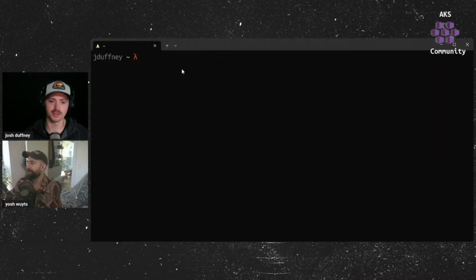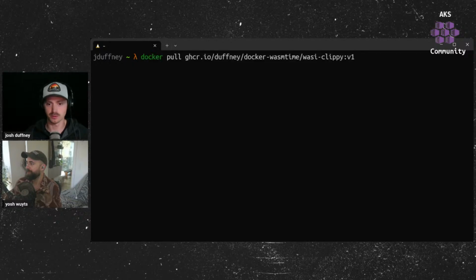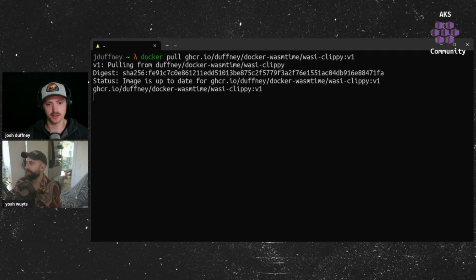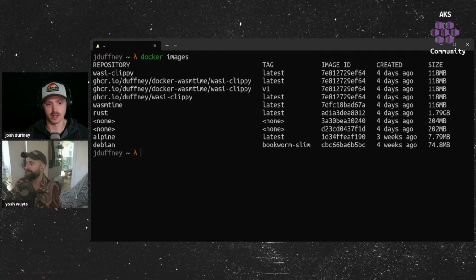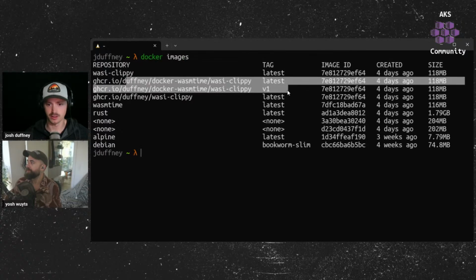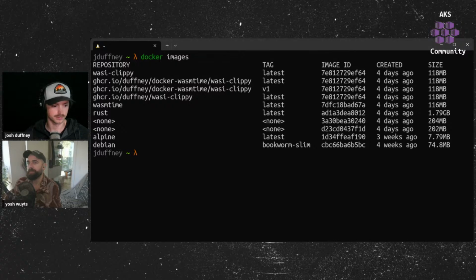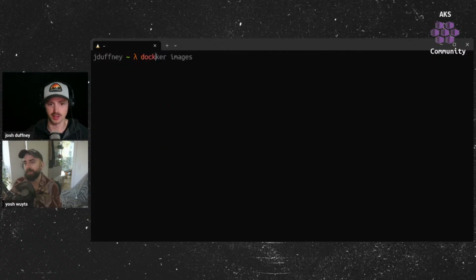Okay, so I'm on a different WSL instance now than the one that we pushed the image to Docker Hub from. So I should be able to pull it with the docker pull command. And then if you look at my images, I now have Clippy. Okay. This might not work as intended because I think WSL shares Docker across all the things. So it's not a true test, but